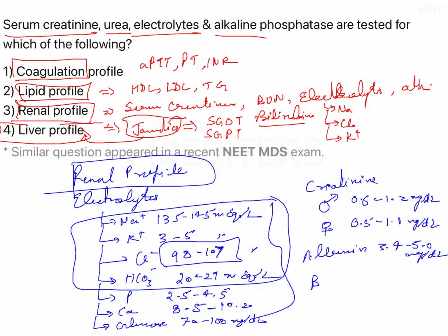So yes, there is blood urea nitrogen, that should be between 7 to 20 milligram per deciliter. So these are certain things. So the answer to this question without any doubt is going to be your option